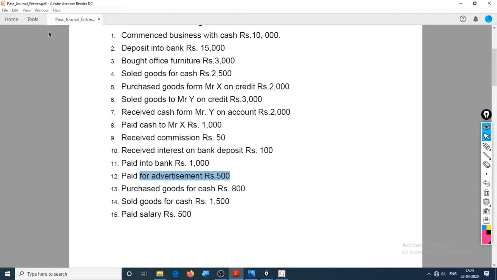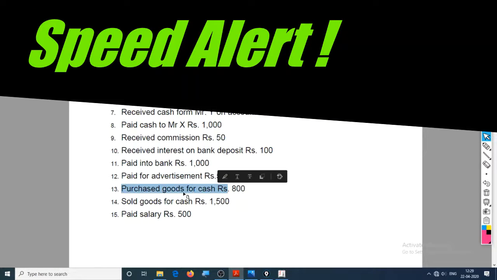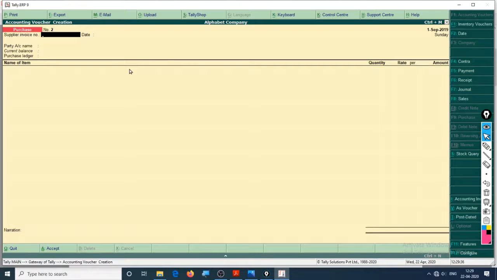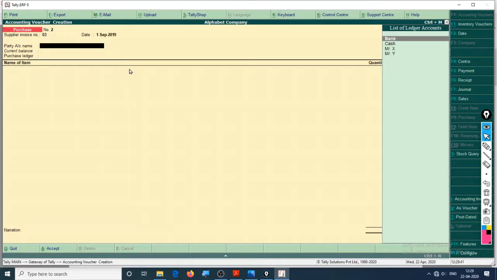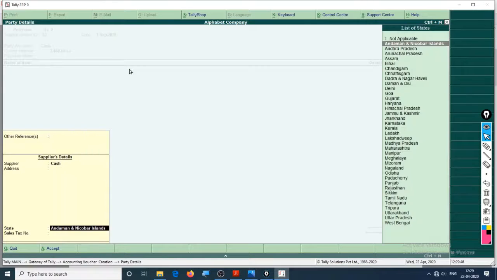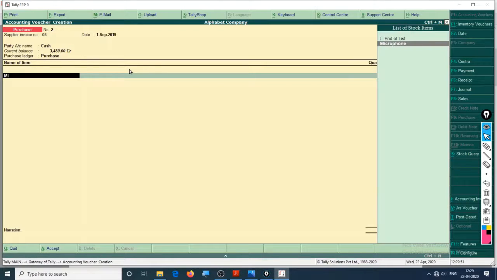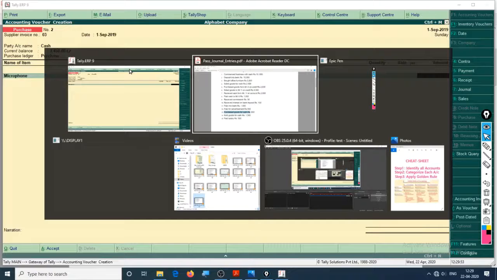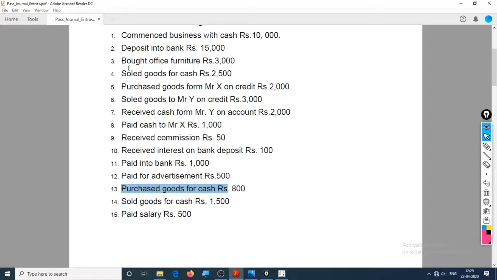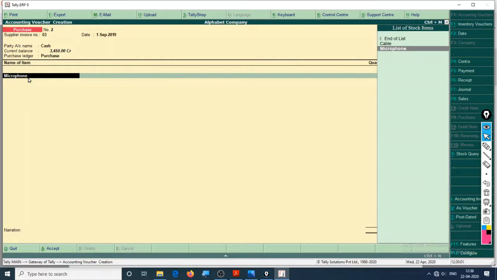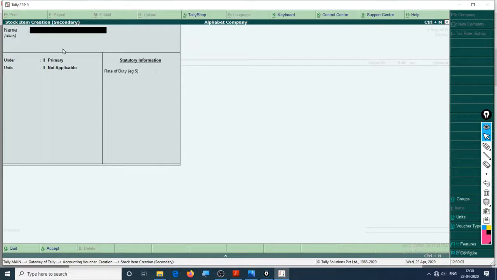The next entry is purchased goods for cash rupees 800. Hence purchase account is preferred. Supplier invoice number, let us assume 3. Date is 2. We have purchased from cash. Other reference, no, we don't have. Purchase ledger, yes. Which item did we purchase? We purchased a microphone. You can assume and create your own item. To create your own item, it is the same entry. When you click here, you can press Alt C and it will ask you to create another item.